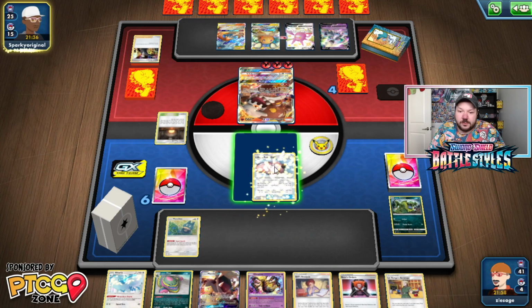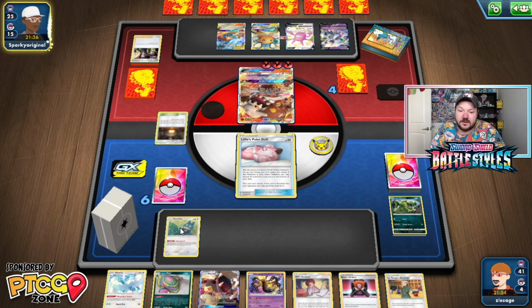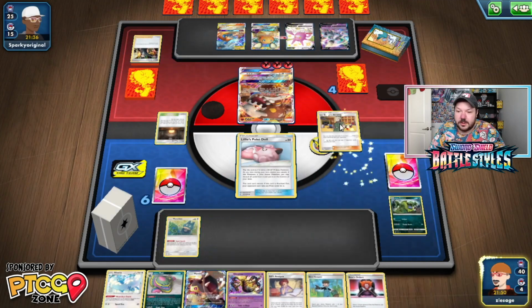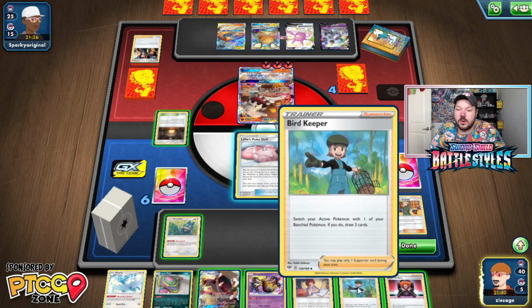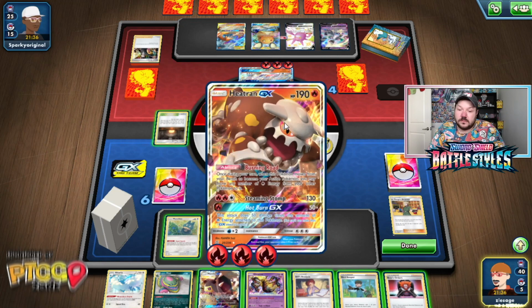I'm going to send up Lily's Pokédoll first because I do want to Lieutenant Surge Bird Keeper into a free retreating Munchlax. Munchlax does have free retreats. Top card is going to be Bird Keeper. So let's go Lieutenant Surge. And I actually want to go Bill's Analysis first before I use Bird Keeper. The reason why I want to do that is because...